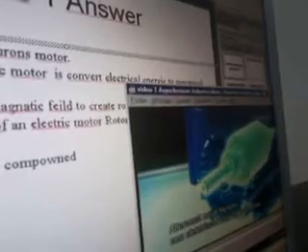The stator turns the rotor by performing two astonishing feats. First, the stator generates an electric current in the